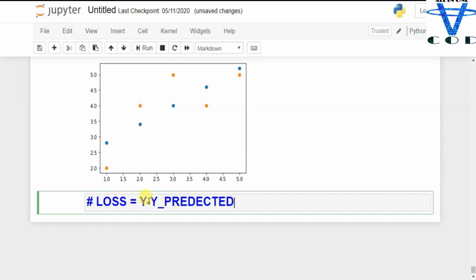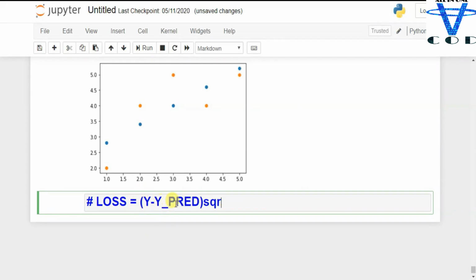Okay, so this is the method to find the loss, SQR. So first we want to find the y minus y predicted, and then we want to find the y minus y predicted square. So let's do this.